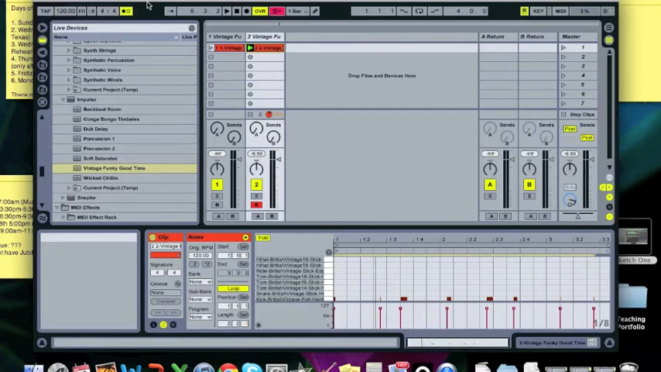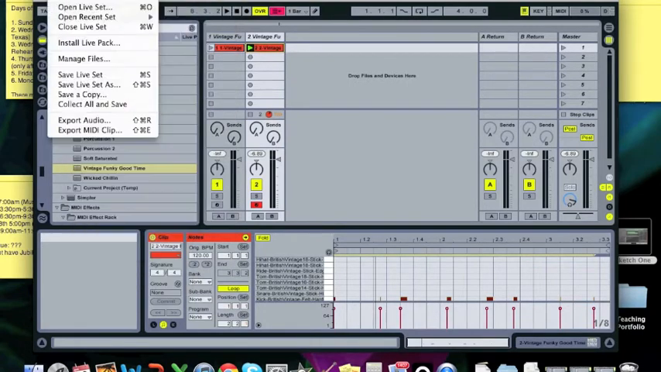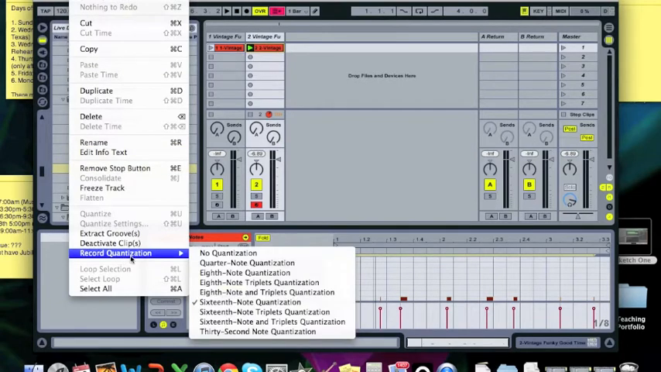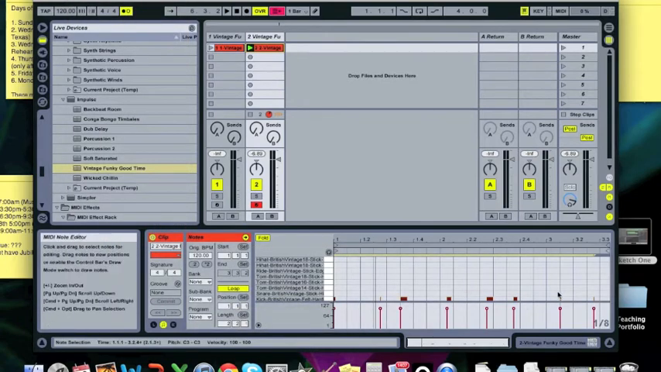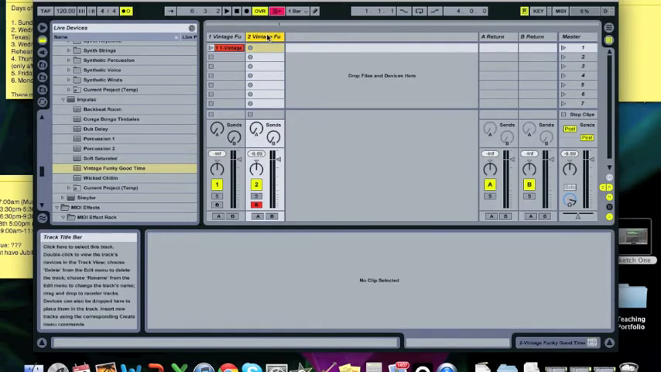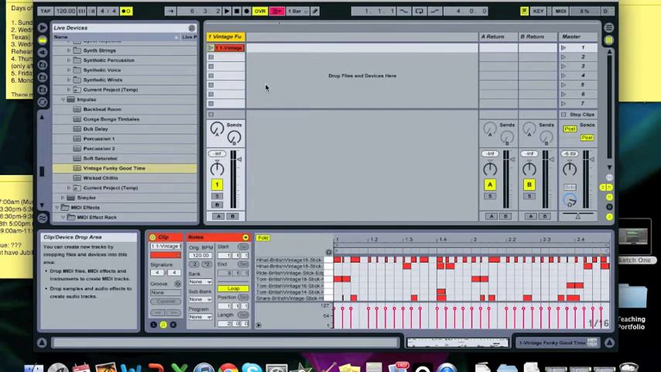What you can do is you can quantize it, set your rhythms. So how to do that? You would go to Edit, Record Quantization, and I could hit that, and that would adjust. Okay, so let's get rid of that because it's not in time at all. And I'm going to delete this because I don't need it, and this, and we're going to move on to